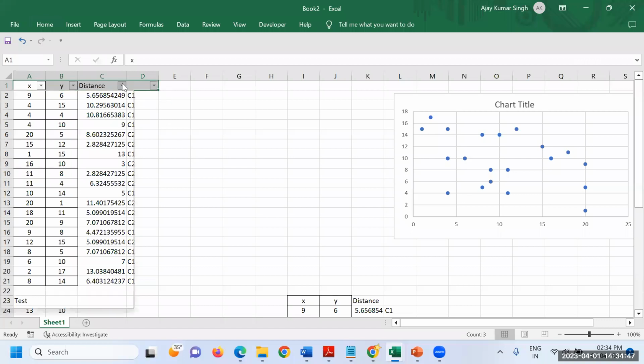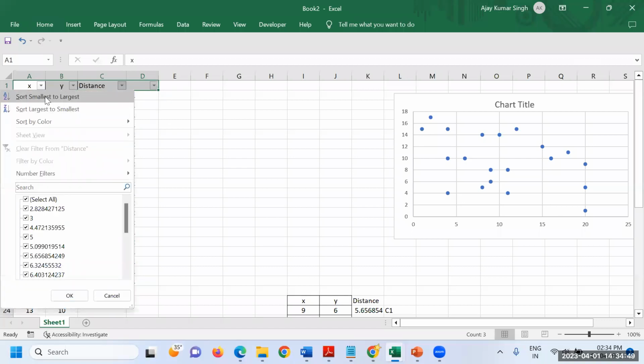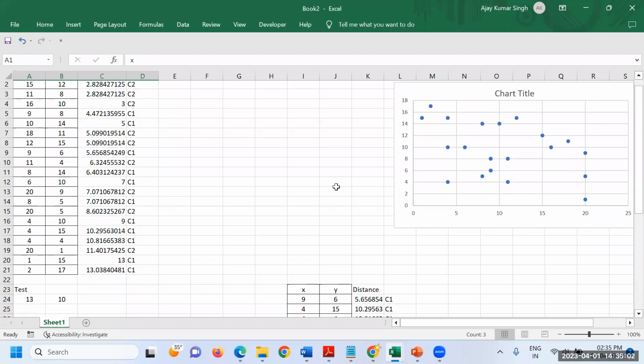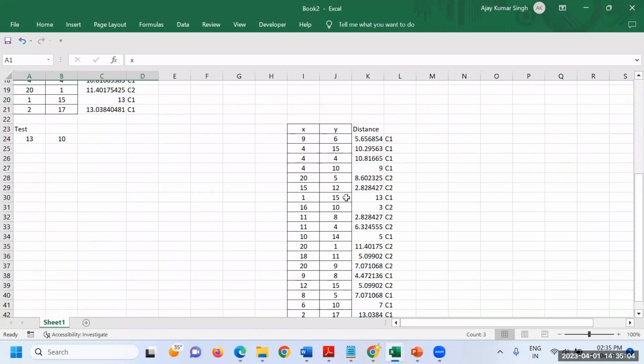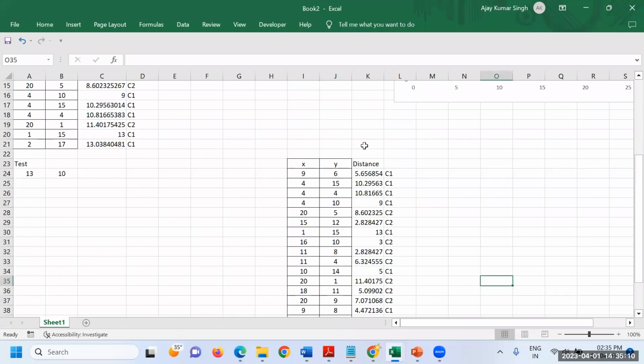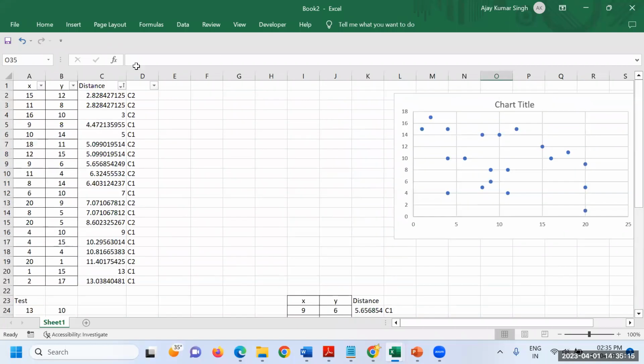Now coming back to this data, basically you want to sort it out. I want to get all this data from smallest to largest. So I think another value has changed. Let's check: 1610 3 is 2, 1610 3 is 2, 1610 3 is 2. With respect to this particular data, it has changed all the data. So assuming this is correct.